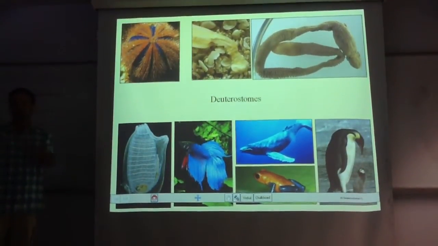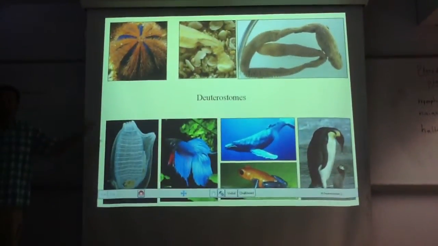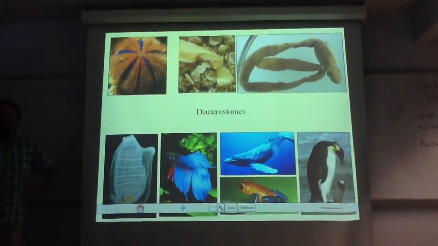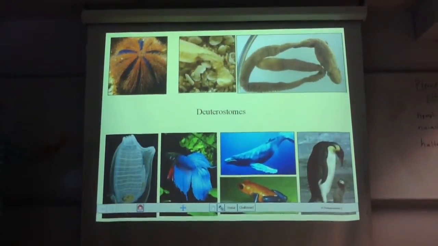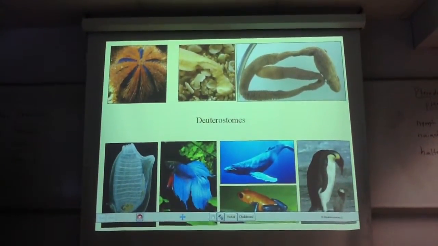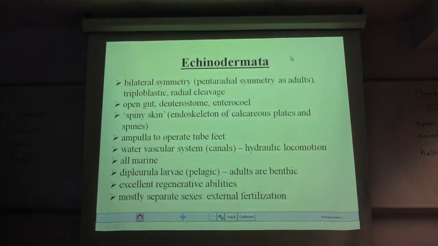And in fact, I have a separate little PowerPoint I'm frantically going to try to get to on just tetrapods. Tetrapod, four limbs, which is going to be basically amphibians, reptiles, birds, and mammals, the guys that have four limbs, because that in and of itself is a massive group. Okay, so huge group of animals.